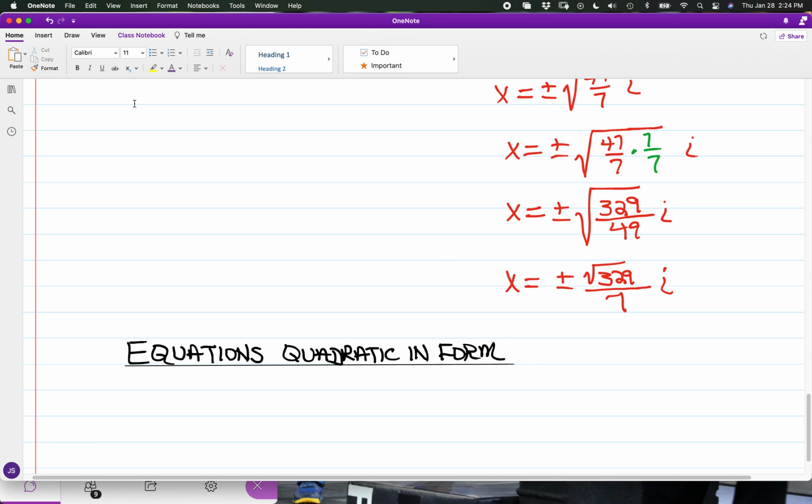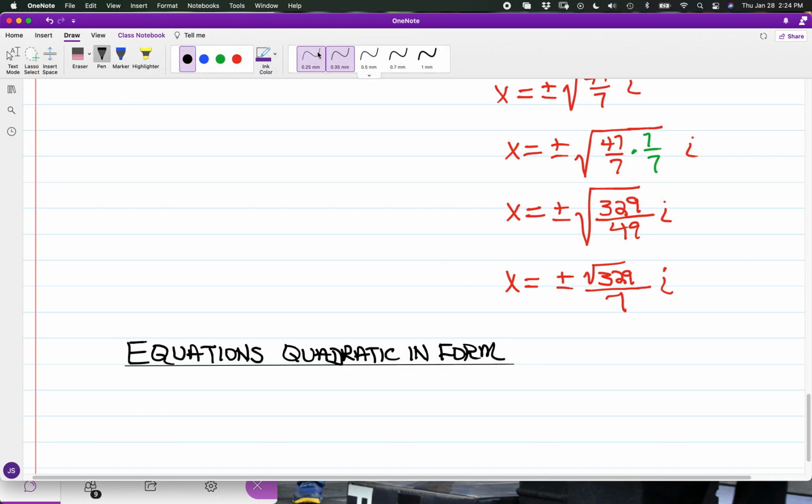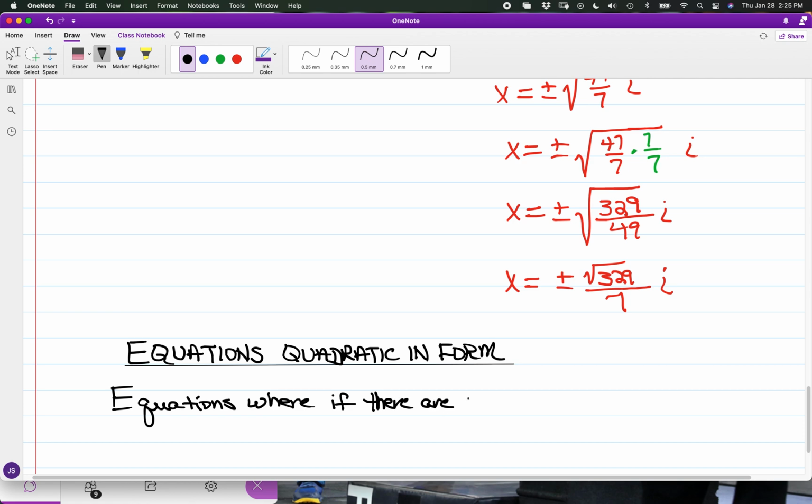Now for equations quadratic in form, without giving a very long definition, we say that we have equations where they will not always be displayed as such, but where, if there are two variable terms, say if there are two terms in the dependent variable,